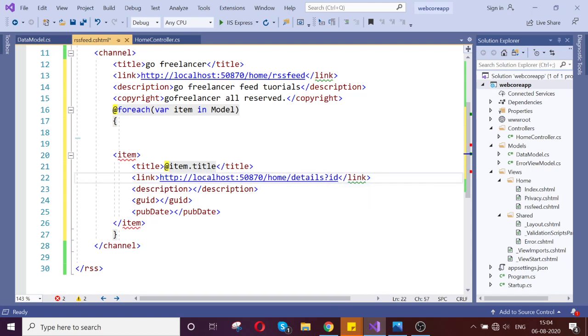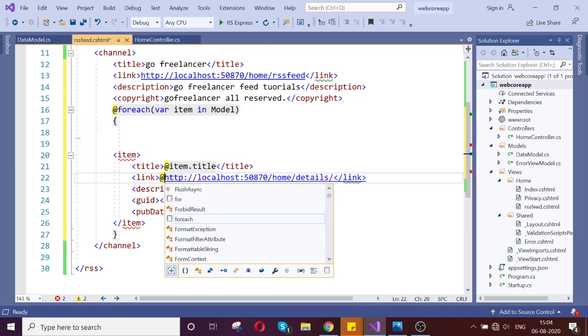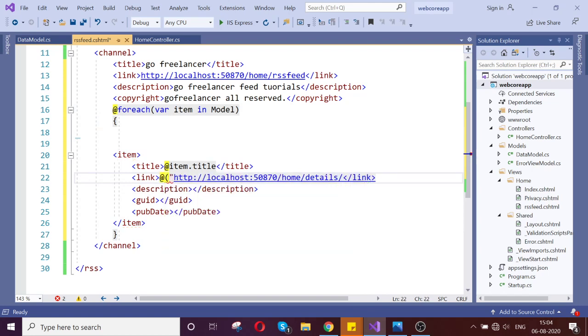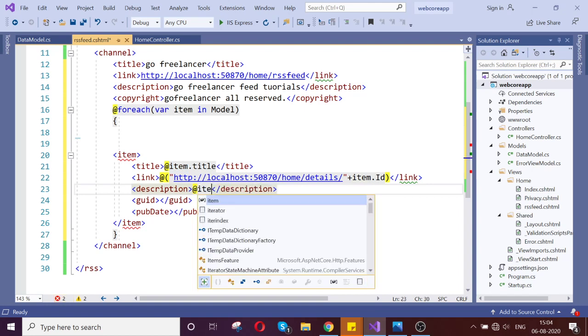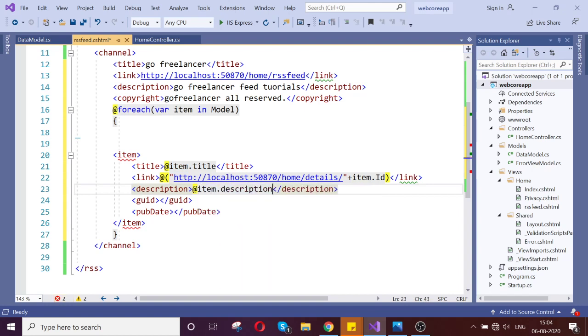So ID, item dot ID. Okay, cool. Then the next thing is for the description, item dot description, and GUID is my unique ID.